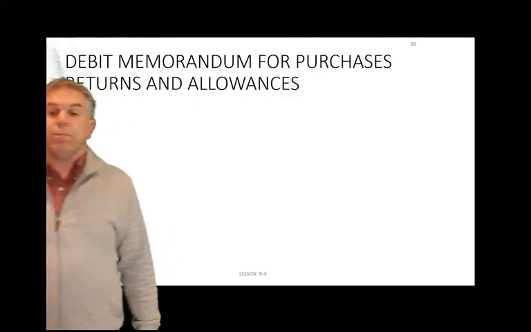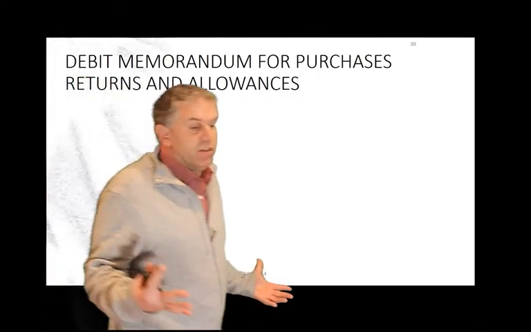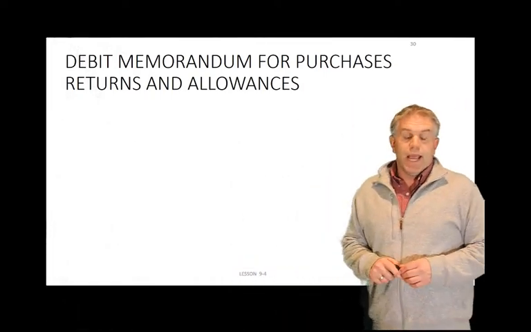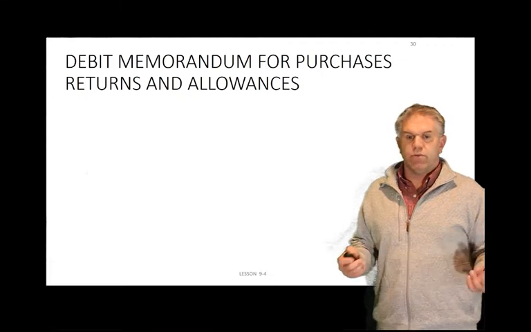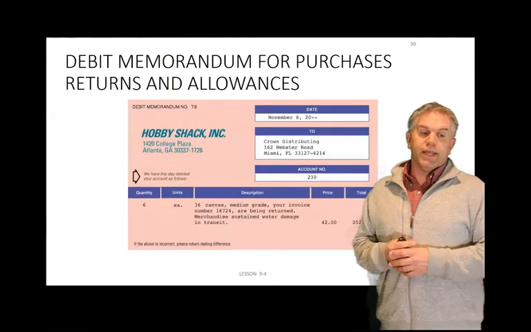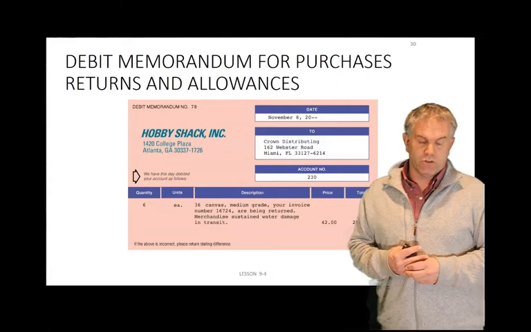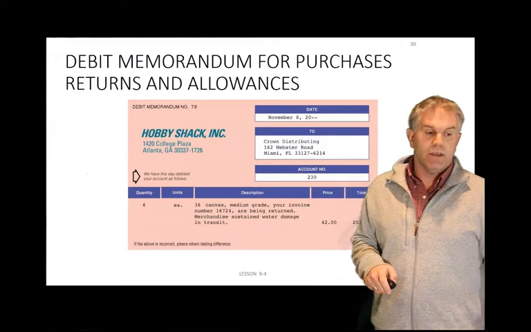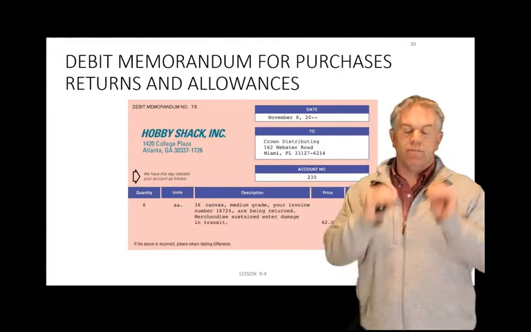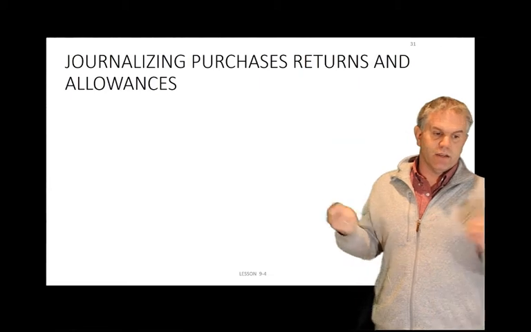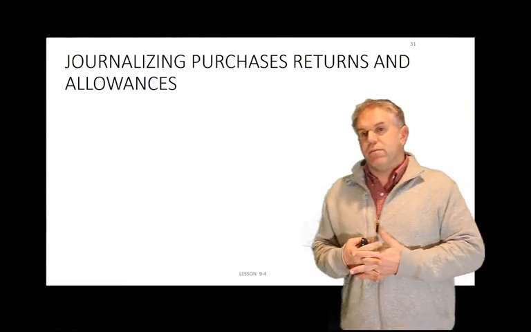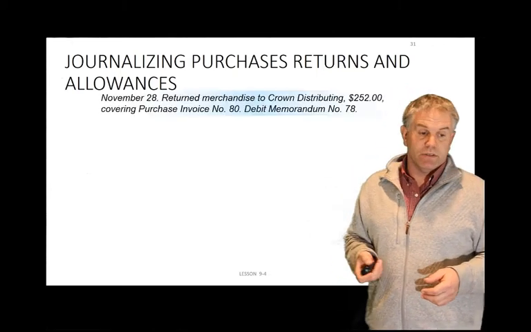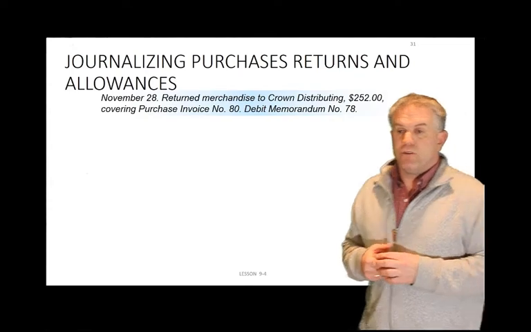So what happens now if we purchase things? Very common thing that could happen is I might purchase something and think, ooh, I've got to return this, or something was wrong, it was dented, or it was the wrong merchandise. Well, then I'm going to get what's called a debit memorandum for purchase returns and allowances. So I'm going to use my account, which is a purchase returns and allowances, and basically that's a contra account to my purchases. And I need to keep track of this as a business because I need to know how much was returned, how much wasn't. Do I have any allowances? We'll get into that. So again, purchase merchandise on account,